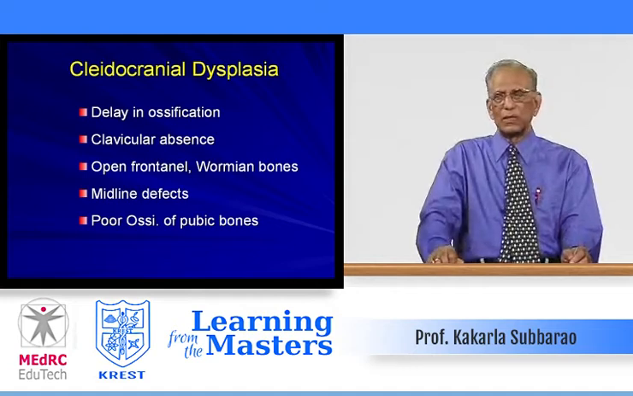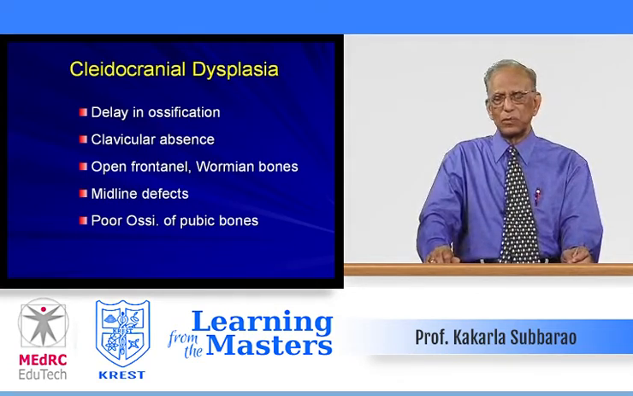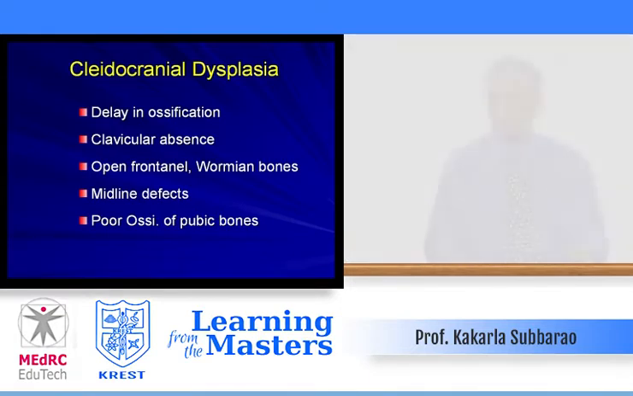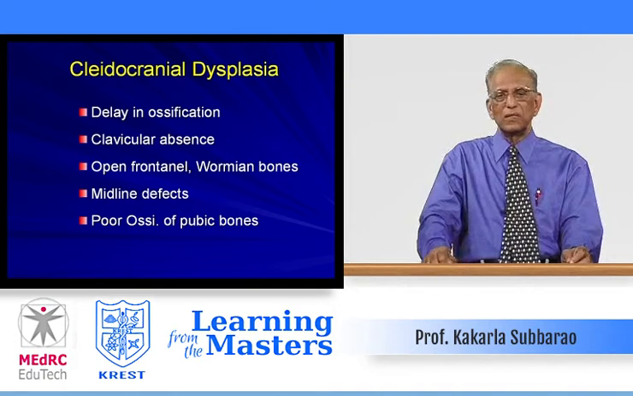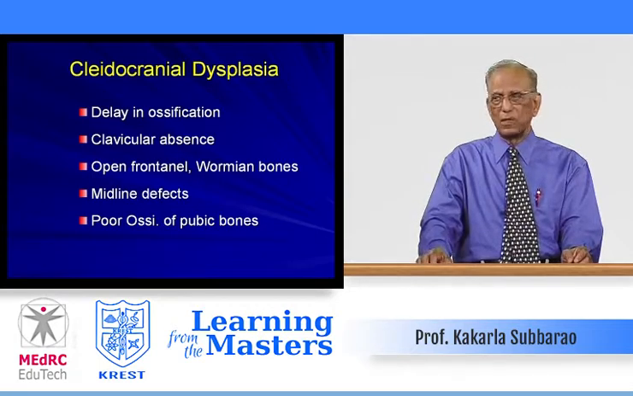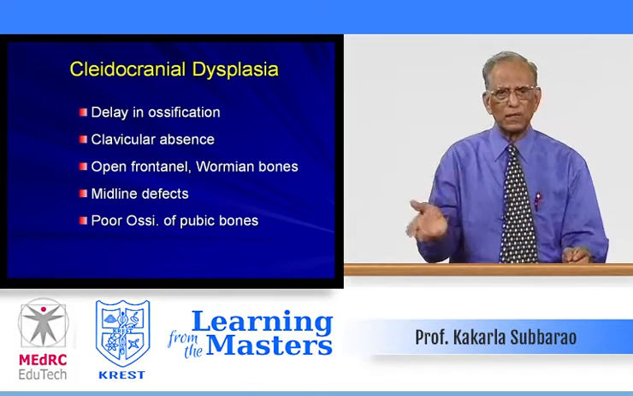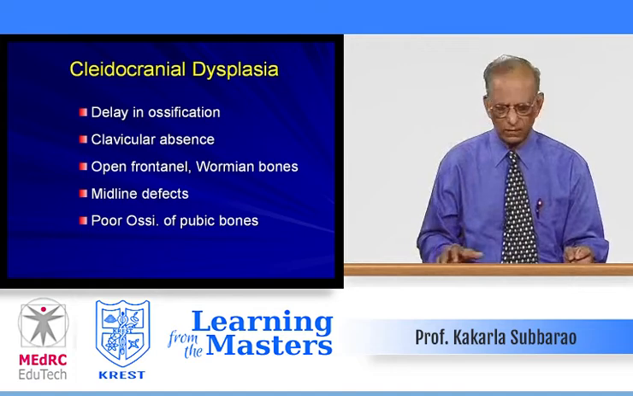Earlier I have mentioned about Cleidocranial Dysplasia: delay in ossification centers, clavicular absence or dysplasia, sometimes only partial absence. Open fontanelle, wormian bones are common, midline defects, poor ossification of the pubic bones. As a result of midline defect,